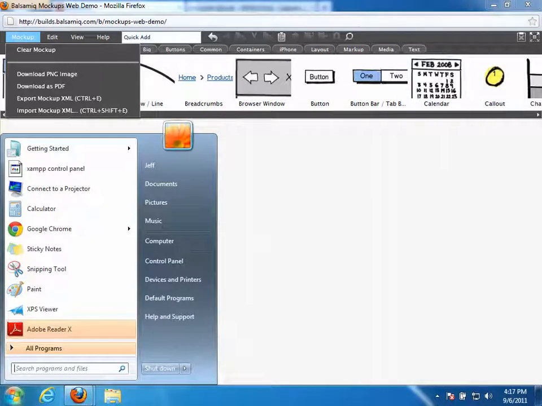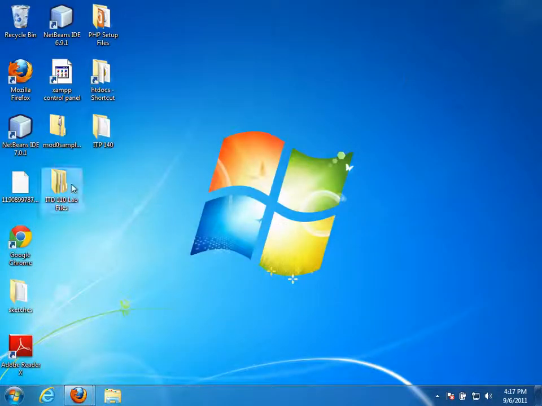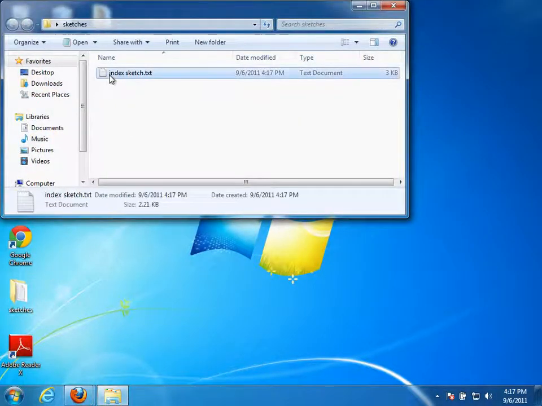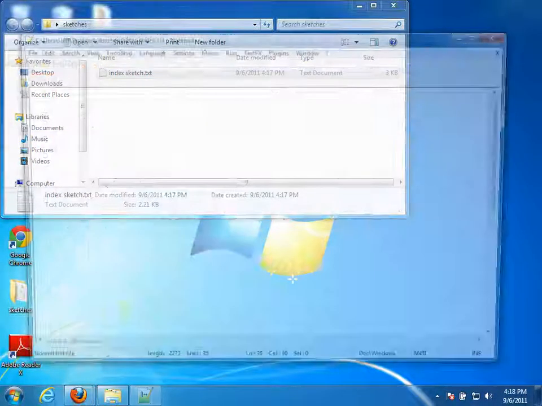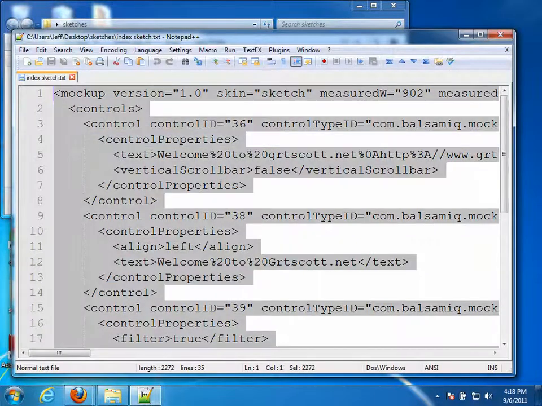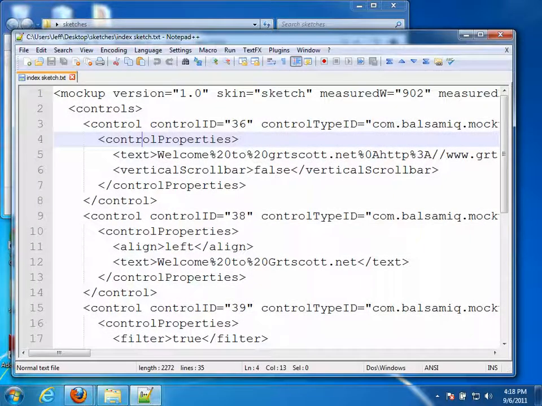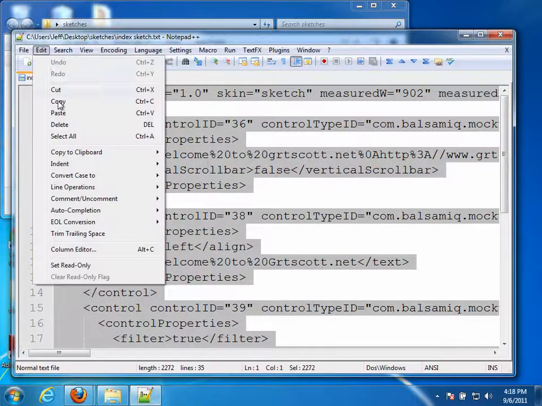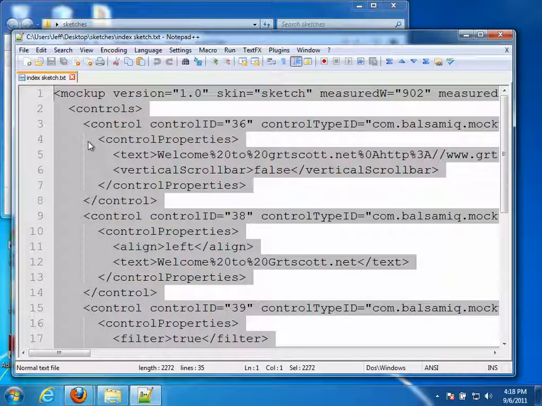So actually, let me just go ahead and minimize this. And where's my sketches? Here they are. Remember this guy right here? If I open that thing up, this is the XML that represents the page that we worked on the day before, wink wink. So if I do a Control-A or Edit Select All, it will select all this text, and